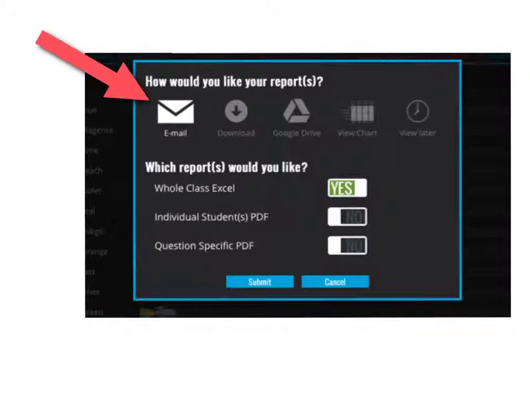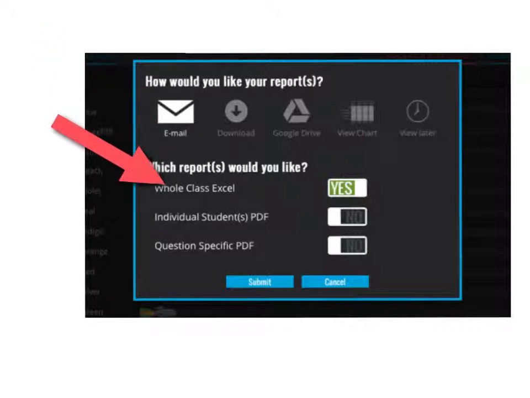I always choose the email button first, and I do want it to be reported as whole class Excel so I can kind of see what happened, but you also have individual students if you only want a select group of students you want to check in on, or do you want to go question by question. And then you would just hit submit, and it's going to give you a great snapshot of what just happened